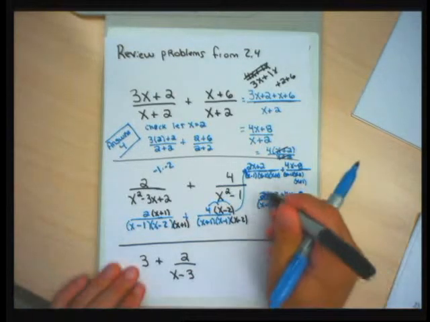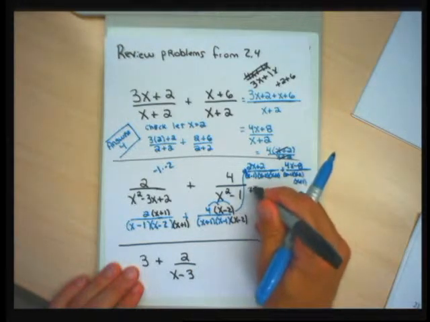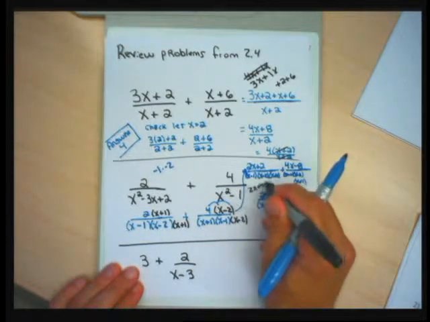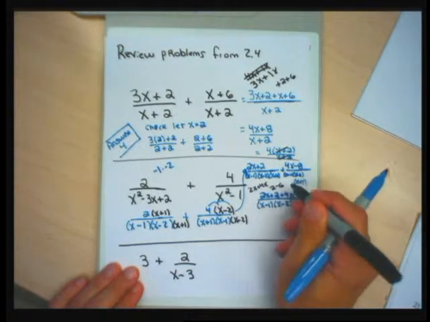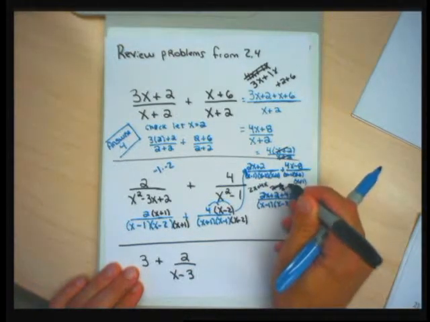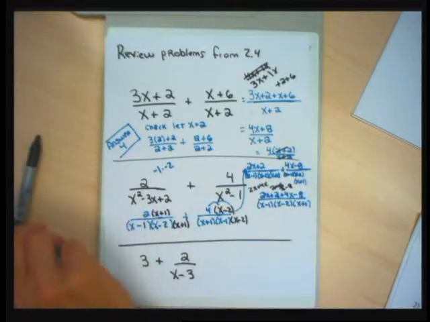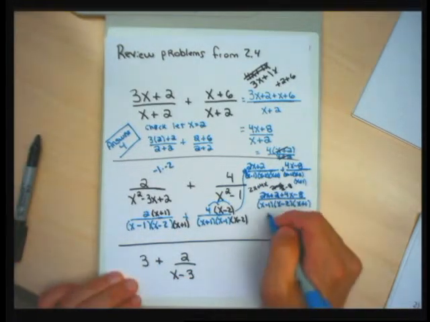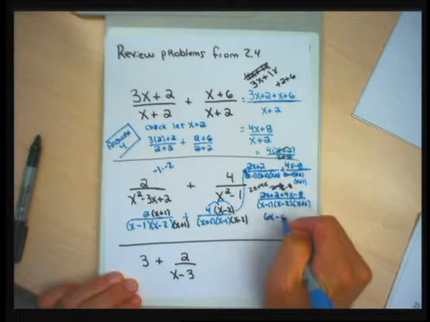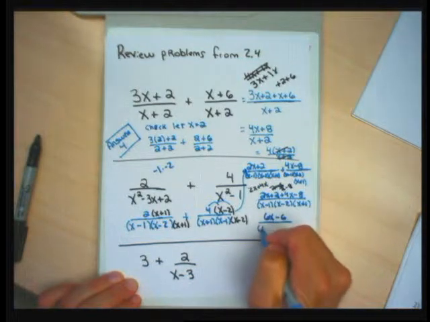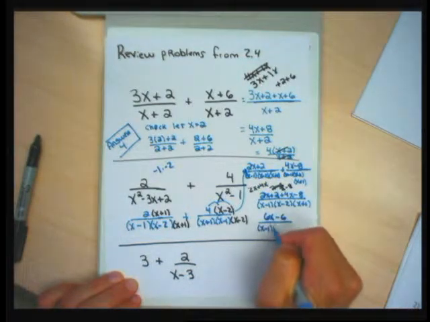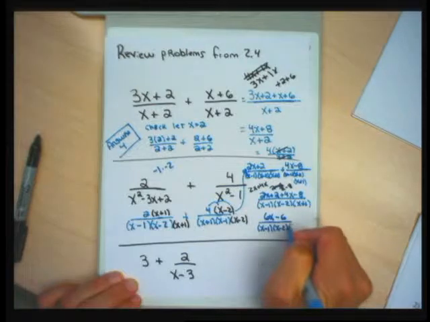Now I'm going to simplify the numerator. I'm going to add the 2x and the 4x and get a 6x, and then do the 2 minus 8, and get a minus 6. So when I do that, I get 6x minus 6 for the numerator, and I still have those three pieces in the denominator. This was a lucky problem because